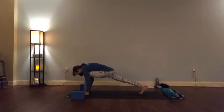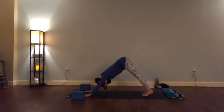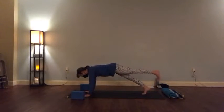And inhale. Exhale into your downward facing dog. Spreading the fingers wide, really feel your thumbs, your pinkies on the floor. And let your next inhale bring you out to plank. Once you're in plank, lift your right foot off the floor a little bit, and then bring the knee down